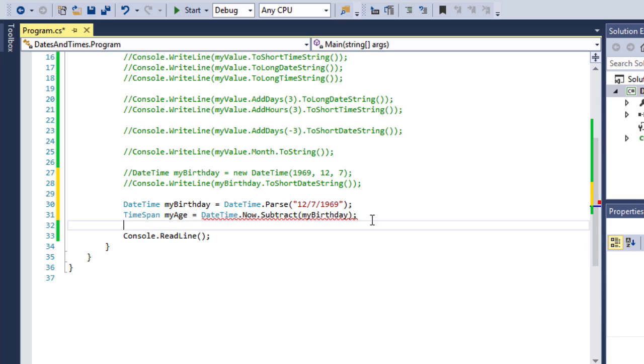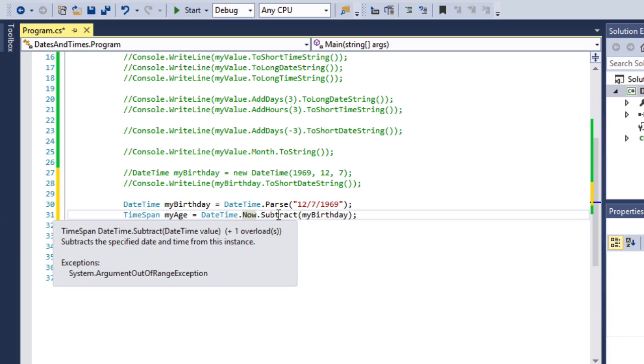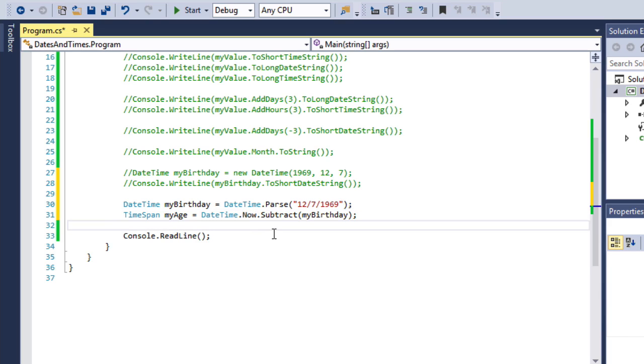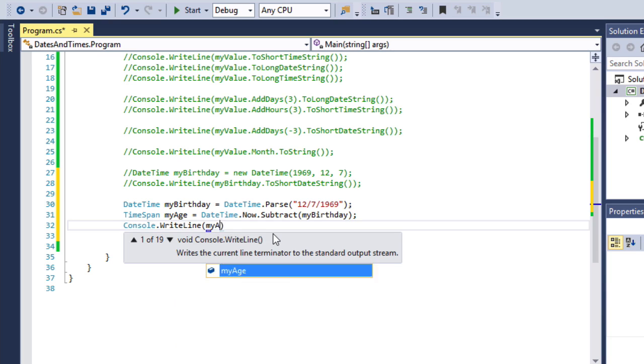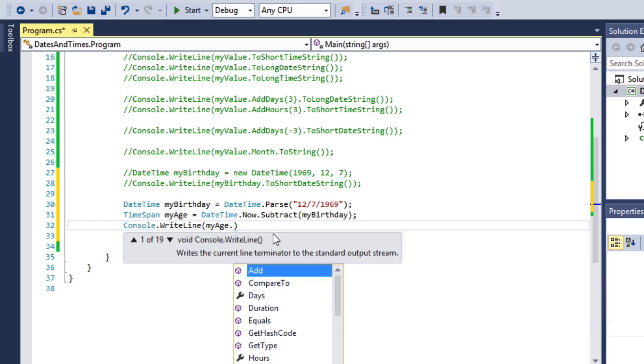All right, so we'll take Now, which gives us back a DateTime object, and we'll call Subtract, which will return back, as you can see in IntelliSense, a TimeSpan object. Awesome. And now, once we use the Subtract method of DateTime to get a TimeSpan, then we can simply go WriteLine, and we're going to go myAge. And now we look at the various ways to format